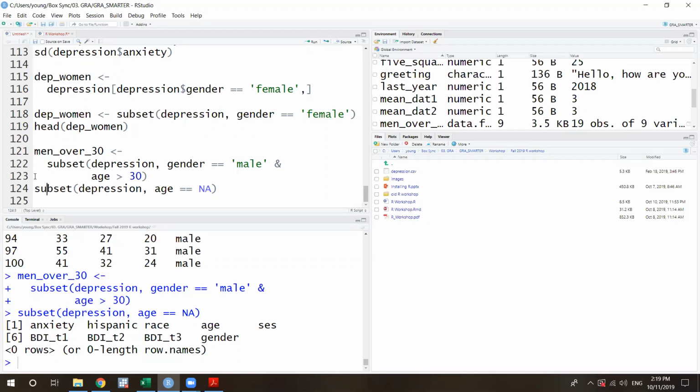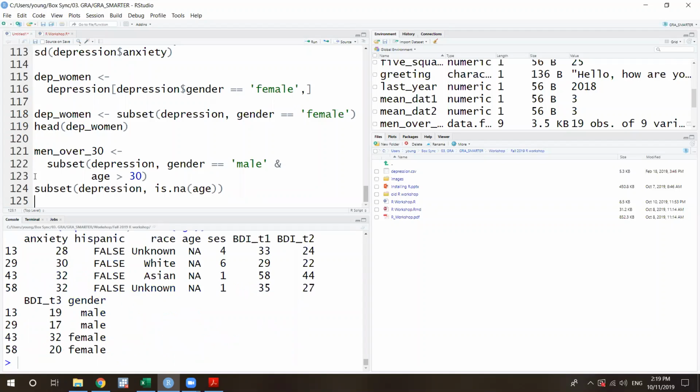So what you should do is not use this one, but use another function named is.na. I think this stands for, is there missing data in age? And this would work. So it gave us about 4 people who have missing data in their age, and we're going to call this raciness.